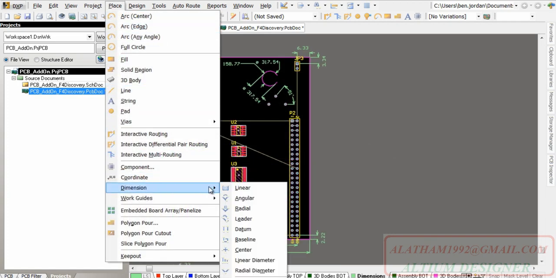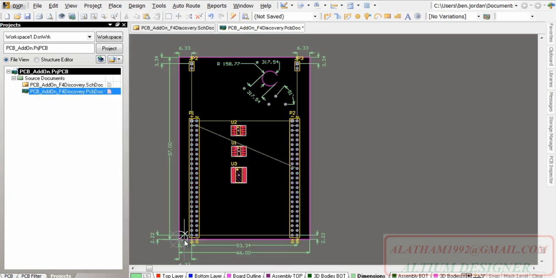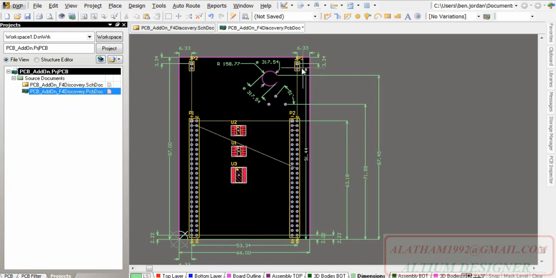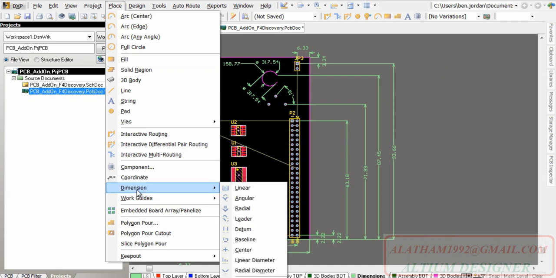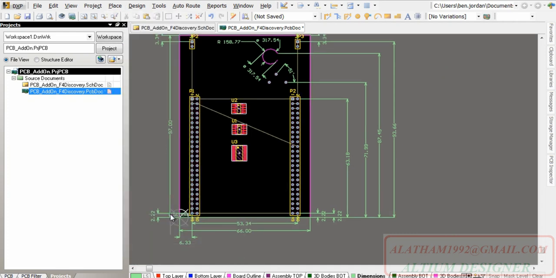Baseline dimensions allow you to quickly place a set of dimensions that all originate at the same point, with the same orientation, and datum dimensions give you essentially the same thing, but with the style of a ruler. Whenever you place a dimension, use the spacebar to